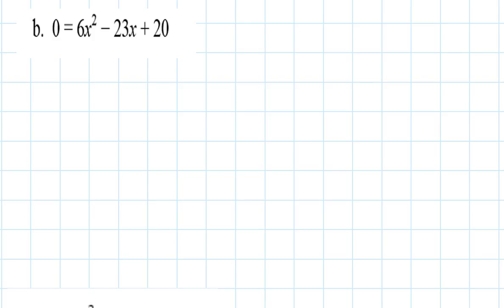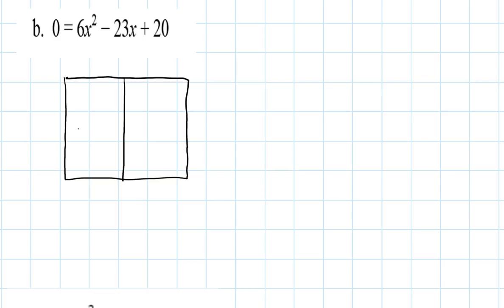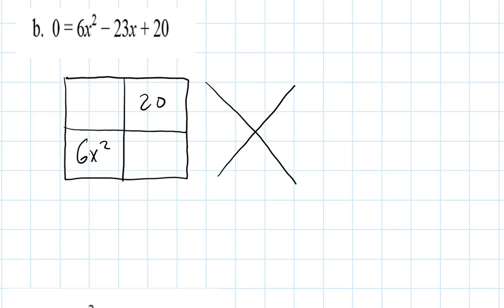Alright, so on this particular problem, I want to factor 6x squared minus 23x plus 20. And when I look at this, I want to factor it. I look at 6, 23, and 20, and I ask myself, is there a common factor? And there isn't. So that means 6x squared goes here, 20 goes here, and so then you get 6x squared